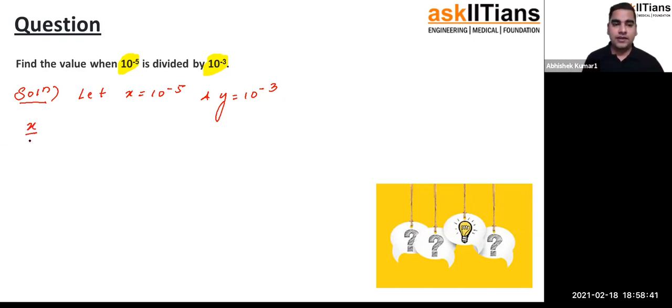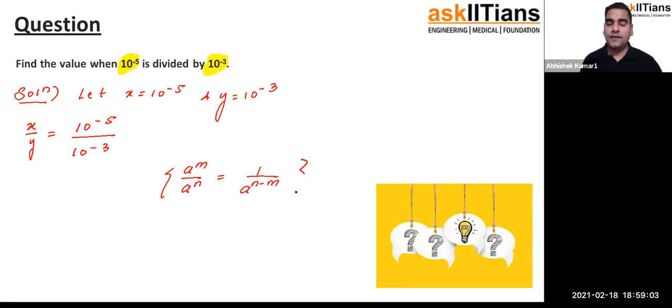So x is divided by y. So what will I have? I will have 10 raised to the power minus 5 divided by 10 raised to the power minus 3, right? Now we know the rules of exponent, right? We studied this particular rule that a raised to the power m upon a raised to the power n can be written as 1 upon a raised to the power n minus m, because here n is greater, minus 3 is greater than minus 5, so I will try to move minus 5